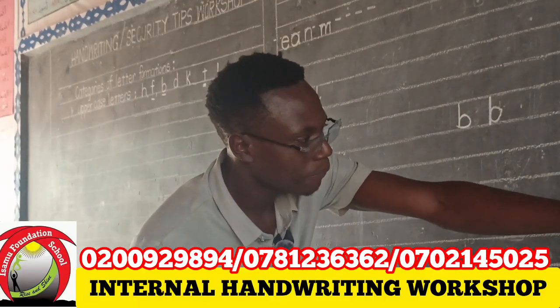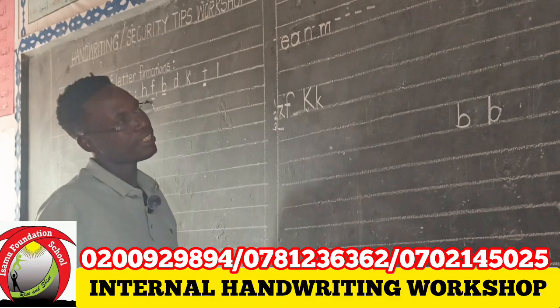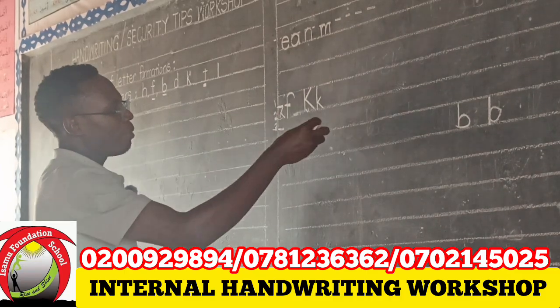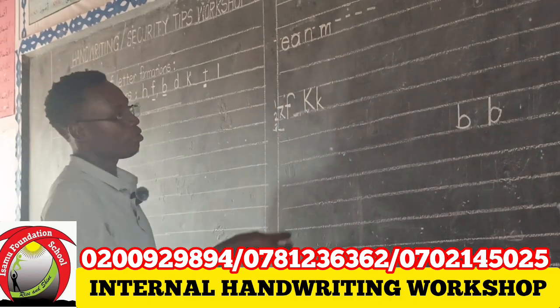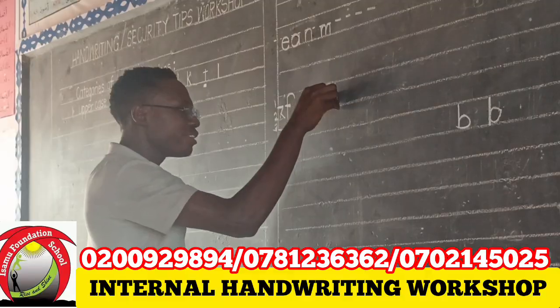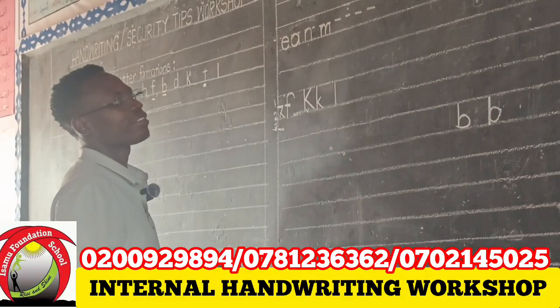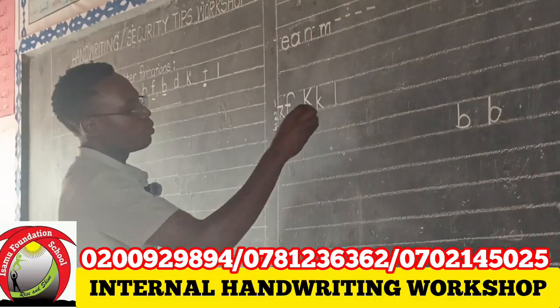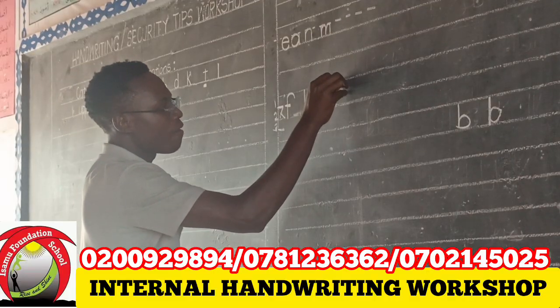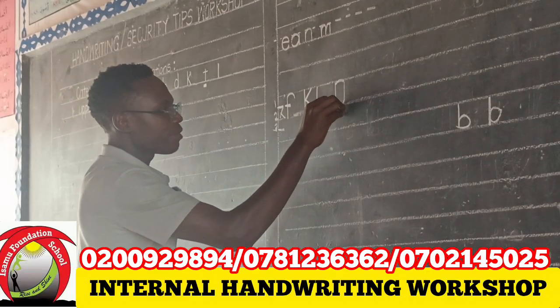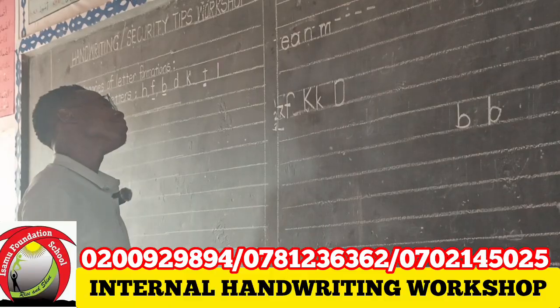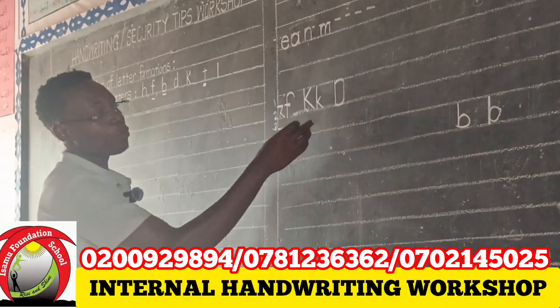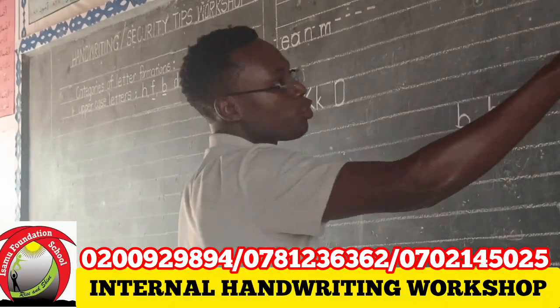If you go to letter, let me say letter D, the challenge is here sometimes, whereby it is a handwriting book. It is a standing stroke. Now we have a curve backward, a standing stick and a curve backward. Are you there? Touching where? On the line. Like some of us, we normally write like this,